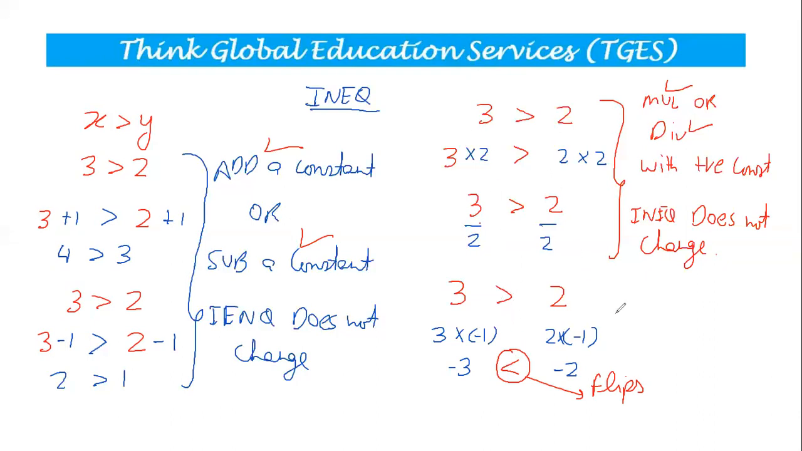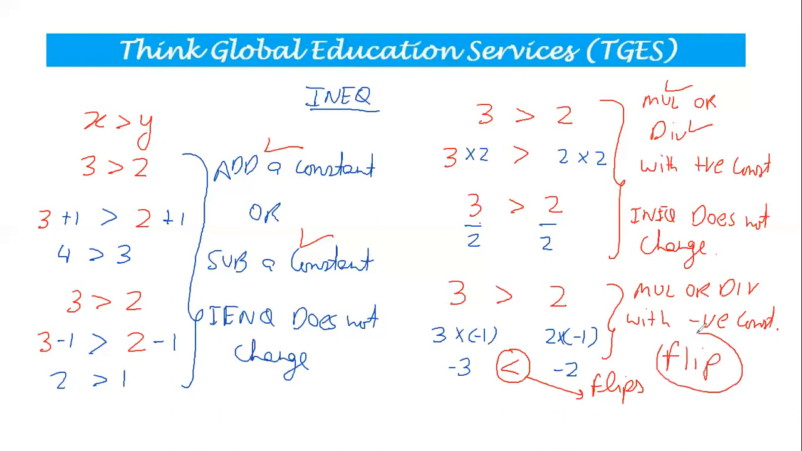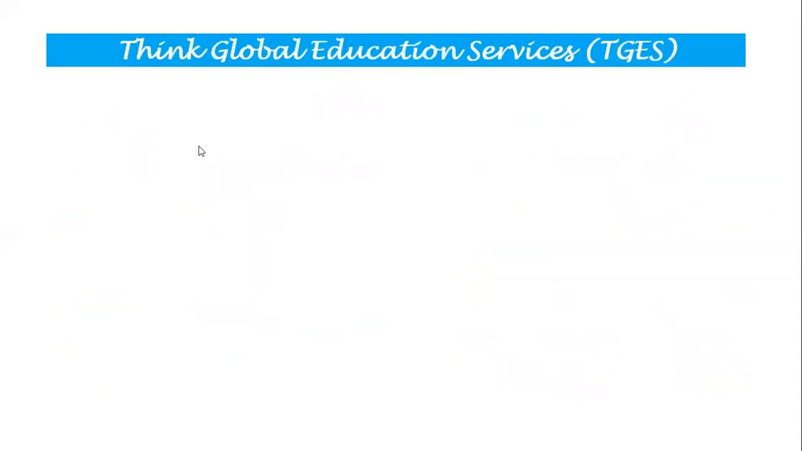So whenever you multiply or divide with a negative constant, remember to flip the inequality. The inequality always flips whenever you multiply or divide with a negative constant. So that's the very first basic aspect of inequality that students make mistakes in. Okay. Now, guys, let's try to discuss the second aspect of inequality. So if I say,